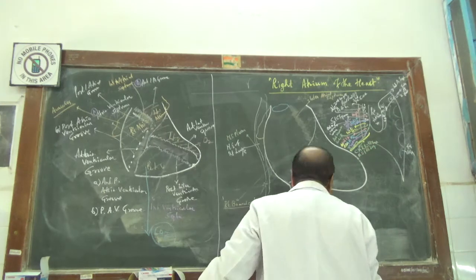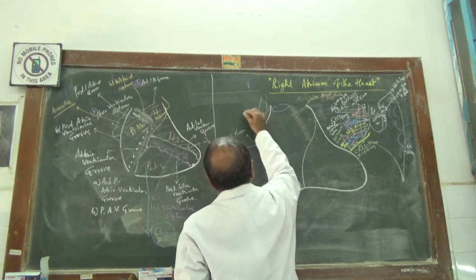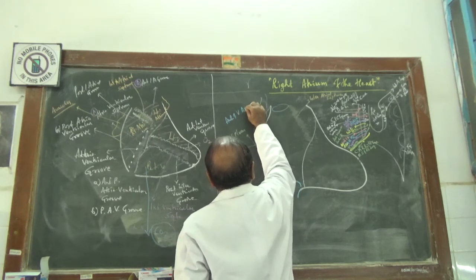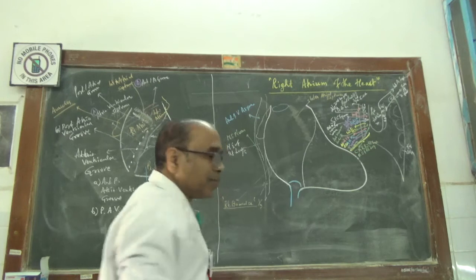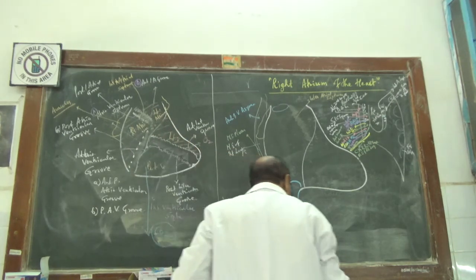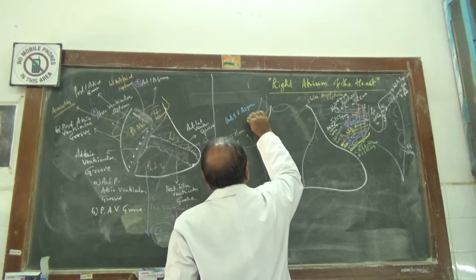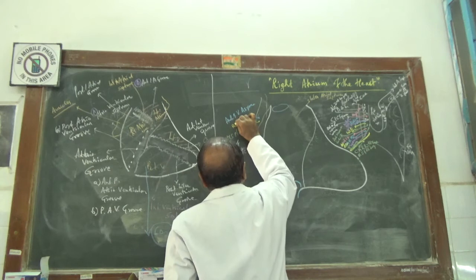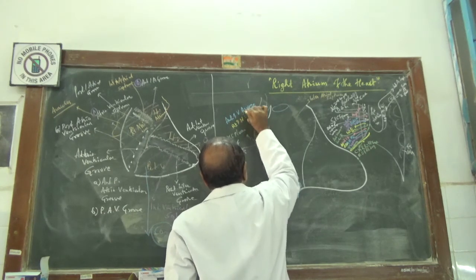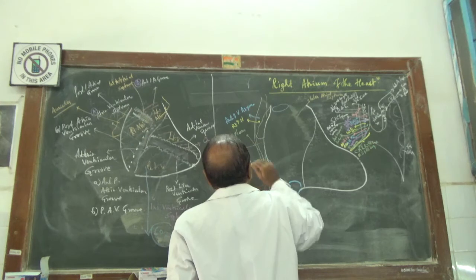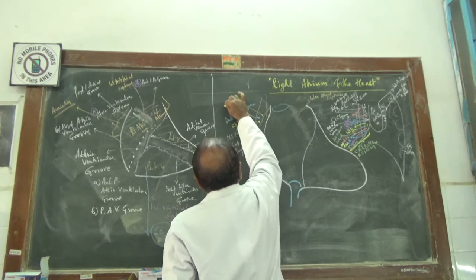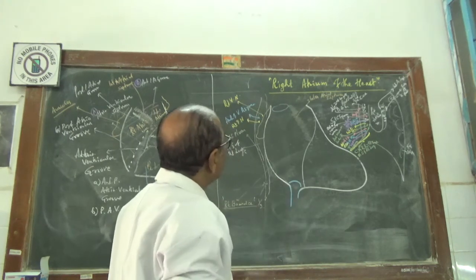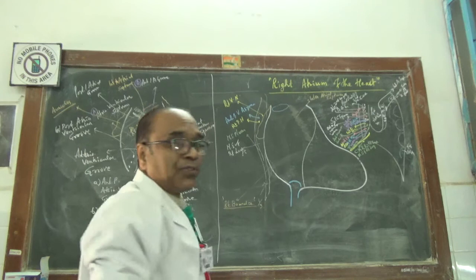They are as follows: the arch of the vena azygos, then the right phrenic nerve, then the right vagus nerve, which is running respectively in front of and behind the root of the right lung.